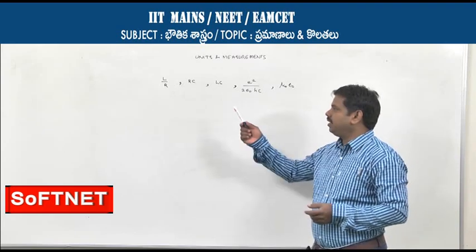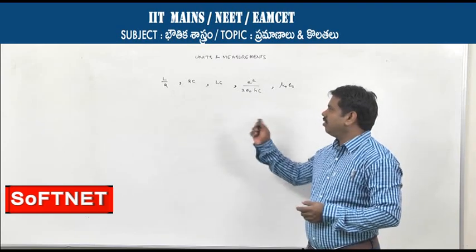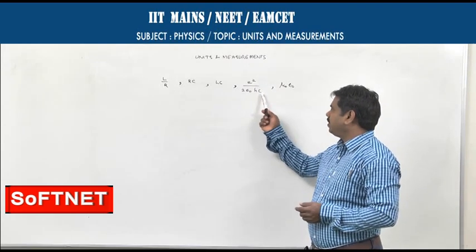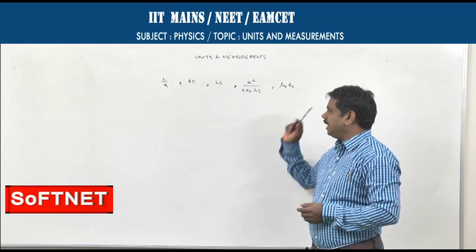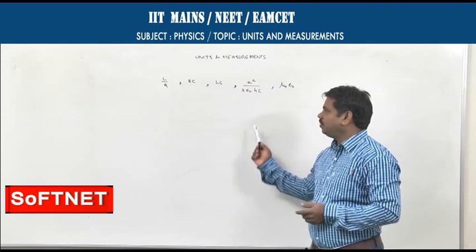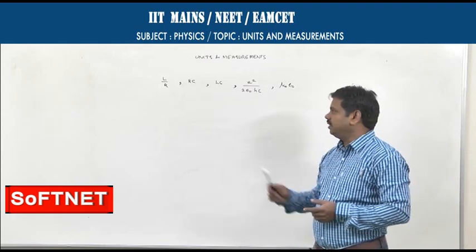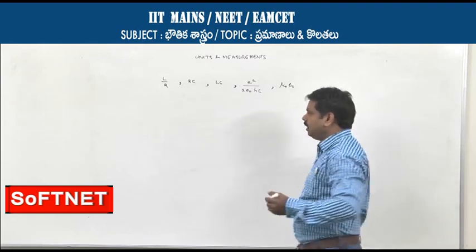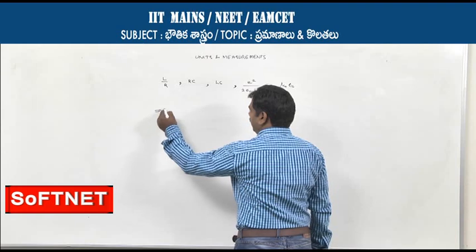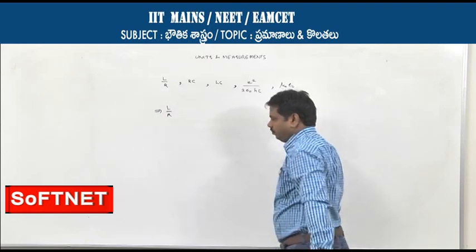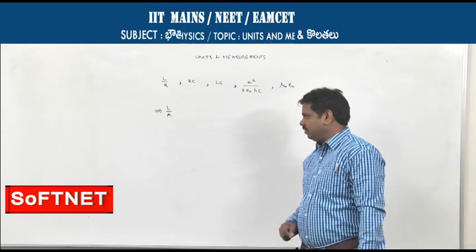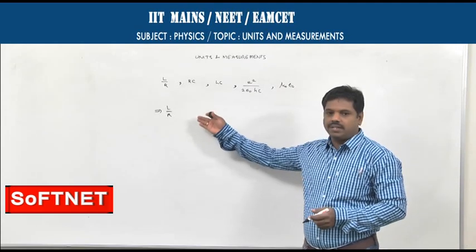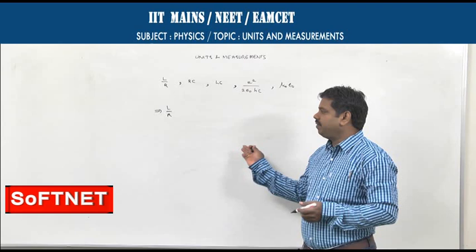For example, L by R is there, RC is there, LC is there, E square by 2 epsilon naught, HC is there, mu naught epsilon naught is there. Then how to get the dimensional formula of these composite physical quantities? The regular method, taking L by R for example, is writing the dimensional formula of each physical quantity involved in that relation and finding the